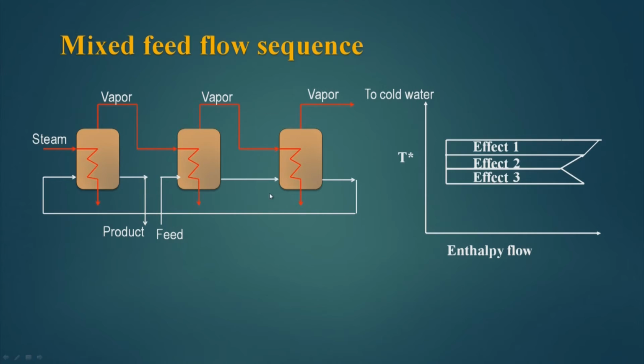Now, this is a feed sequence, and for this particular feed sequence this will be the diagram. If I change the feed sequence, that means I feed it from 3 and then take to 1, then 1 to 2 and then I take out the product, then this may change. So, what conclusion did we make? That depending upon the feed flow sequences and other operating parameters, the TH diagram of a multiple effect evaporator will be different.